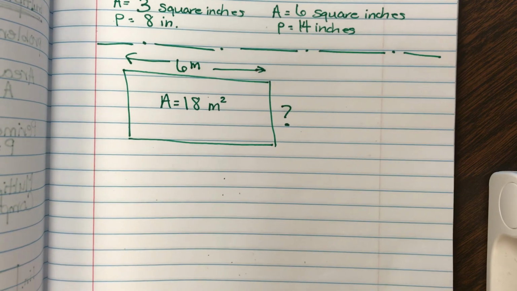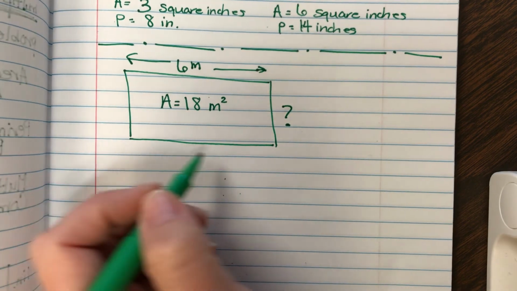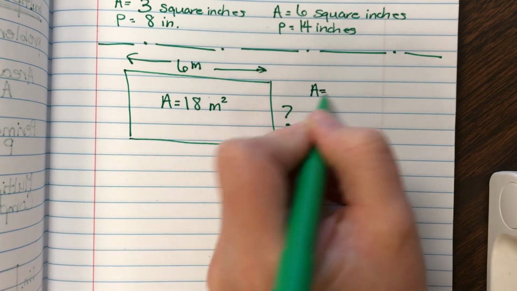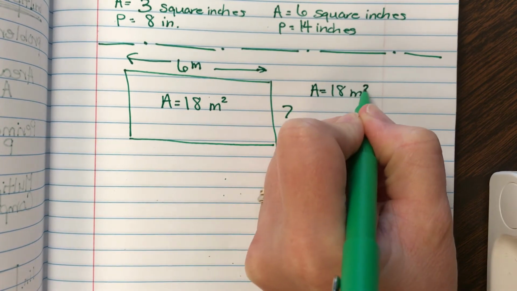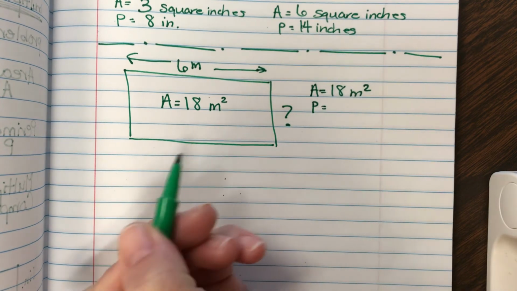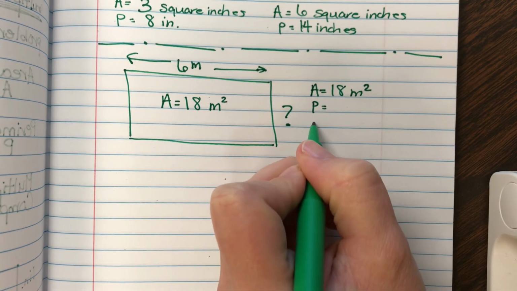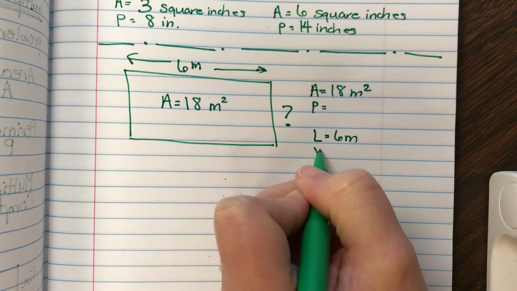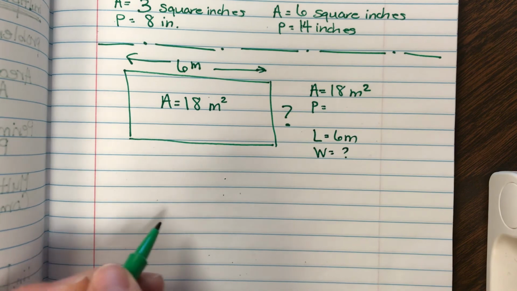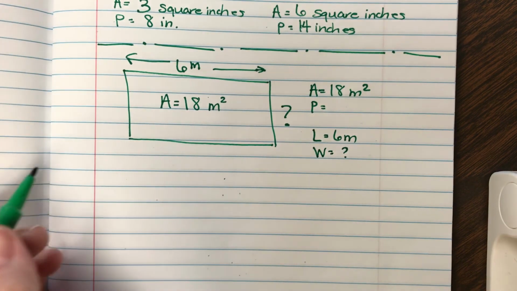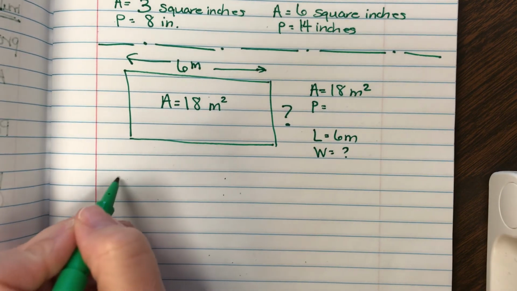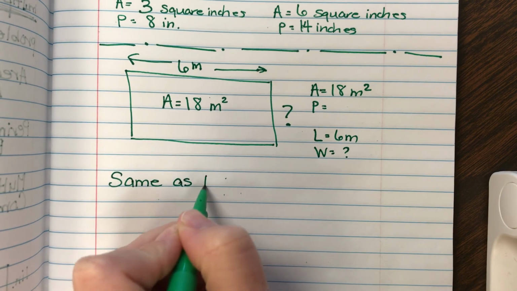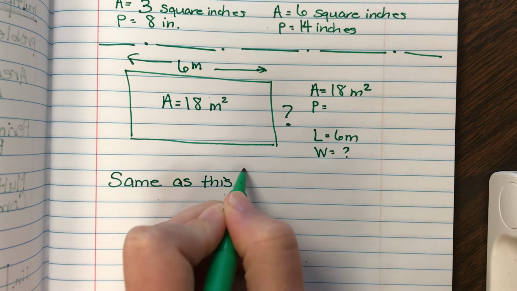Her next mural, so once you figured out the width right here, we're going to put area equals 18 meters squared. Perimeter equals, we don't know. The length is 6 meters. And our width, we don't know that one. That's what we're trying to figure out. So her next mural is the same as this. She is quite the painter. She has been commissioned to paint another mural,